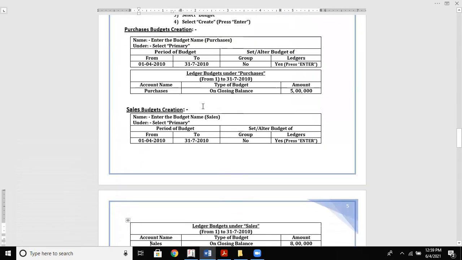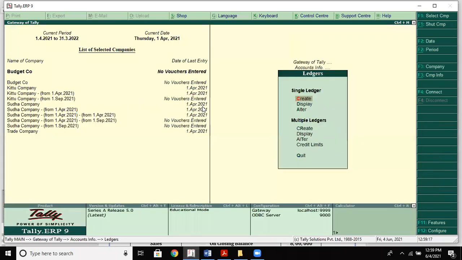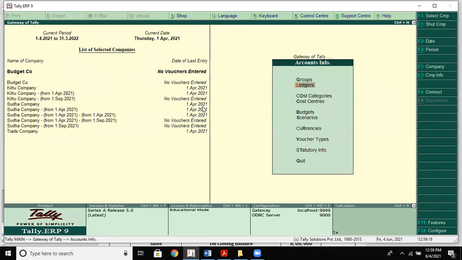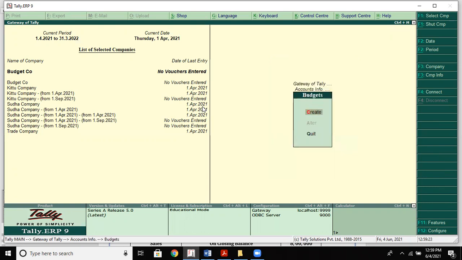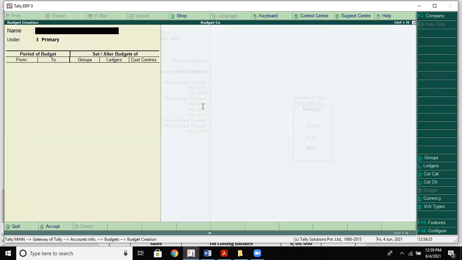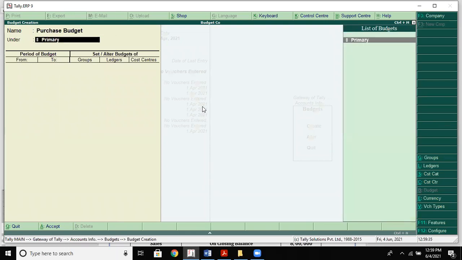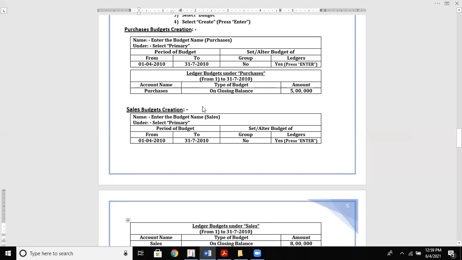So once you create budget, it will be applicable. So gateway of Tally, accounts info, you have budgets, create. Now here in the budget creation, first you are creating budget relating to your purchase. Then, so primary, here it would be period of budget.